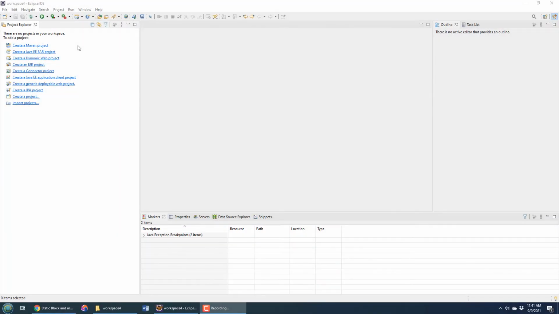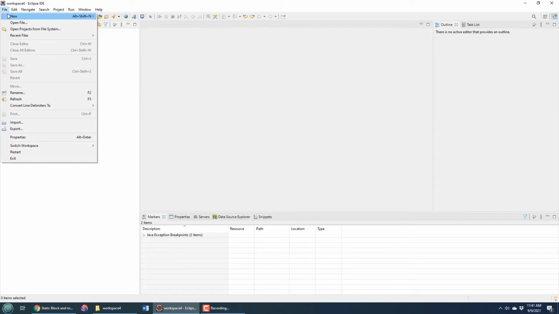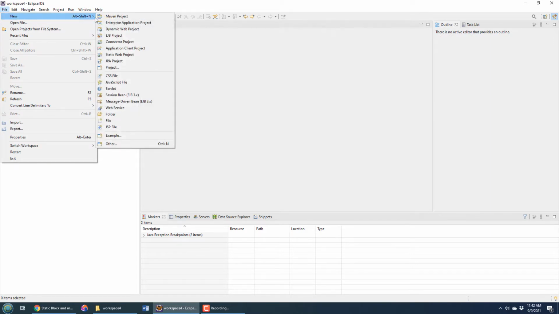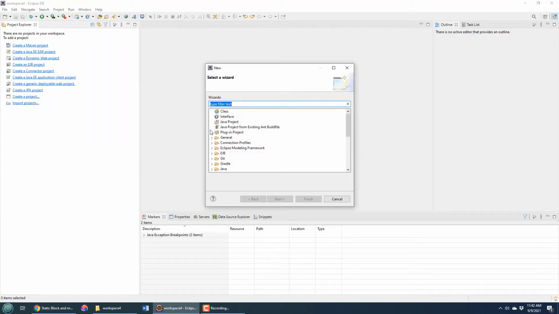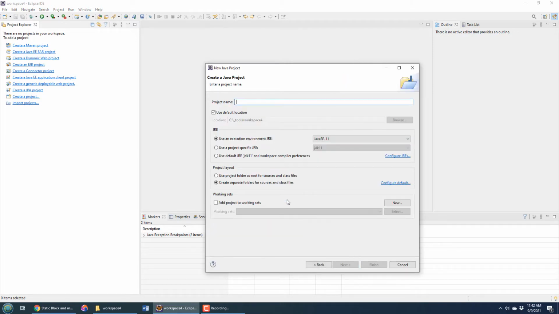If you want to create some Java Hello World examples in Eclipse, the first thing you'll want to do is create a new Java project. So I'm going to go to File, New. I'm going to look for the option to create a Java project. If you can't find it there, you can always click Other, and you'll see Java project is right there at the top. I'm going to call it Hello World